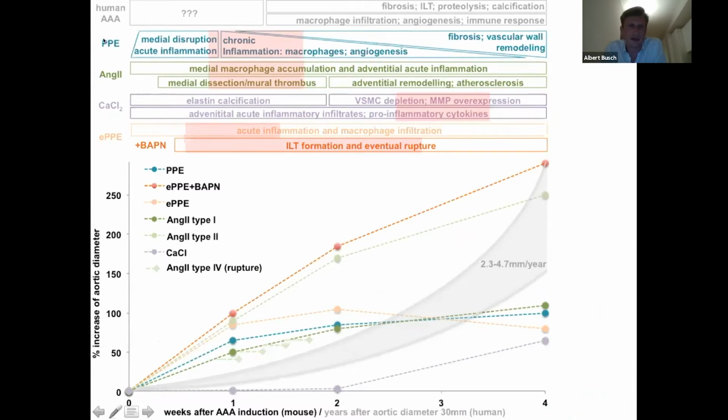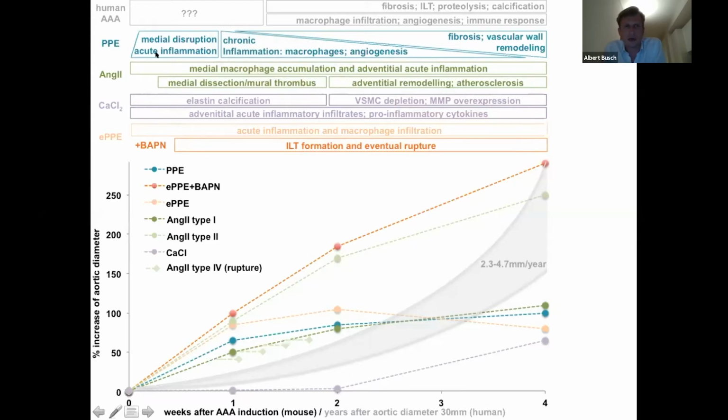And then looking at the 4 different mouse models that I just introduced, sorry to go back one slide, you can see that they all grow at different time points. First of all, none of these actually grow in an exponential way. They would all grow in this more linear way and actually lose speed again. And from very different stages of those models. So time point 0 is the induction of the aneurysm, and then you have the course of 4 weeks.